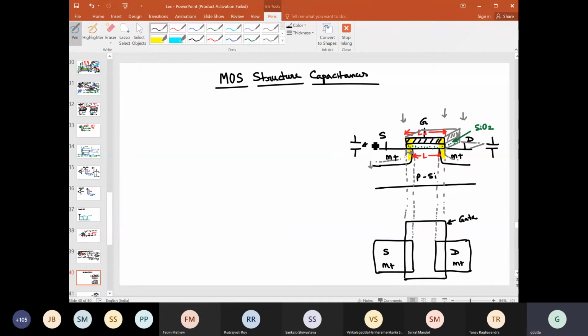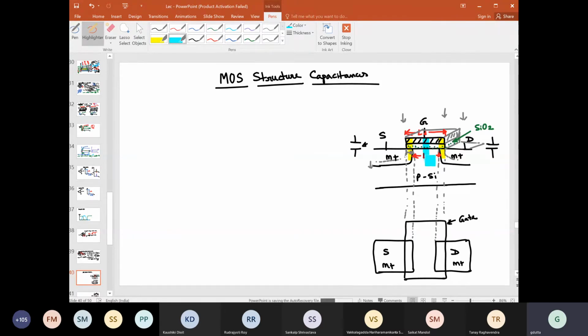Please, what do you think? No, sir, they won't change. They won't change. Why? Sir, the value of capacitance does not depend upon the charge or anything. It's epsilon A by D, right? You are absolutely right. Maybe you should also mention one more point, that is, see, this region is very heavily doped, right? N plus region, right? Okay, maybe I will try to explain it from this point.